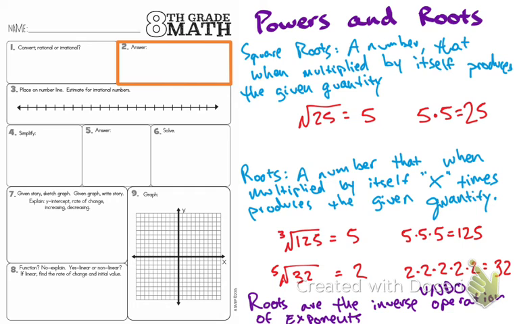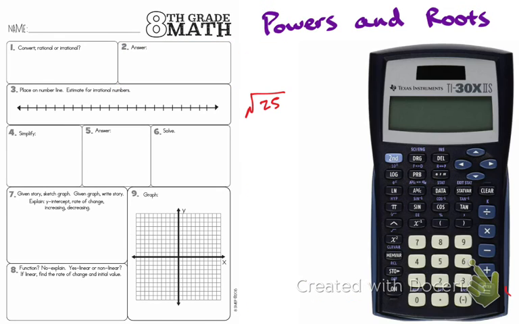So if I had 3 to the 6th power, the way I would undo that is I would do the 6th root of 729. Now, just like with our exponents, I don't expect you to do all of these things by paper or in your head. So let me give you a quick tutorial about how you could use your calculator to do these more complicated roots. We've already described square roots